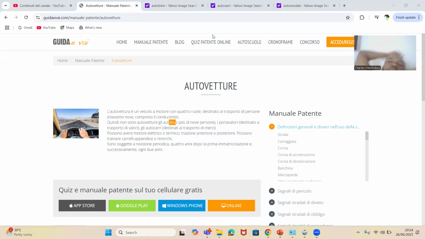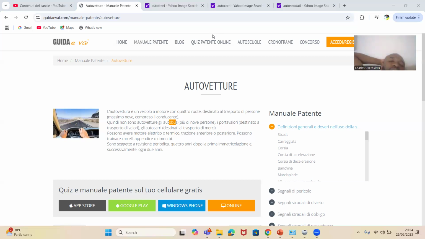It's the same thing, Abi. But what's the main difference between autobus and autovettura? The difference now, this one has 4 wheels. 4 wheels. What about that guy? 4 wheels. Now, autobus